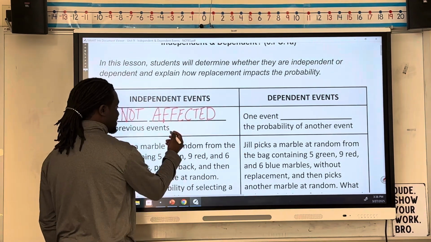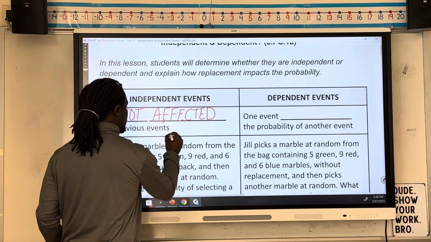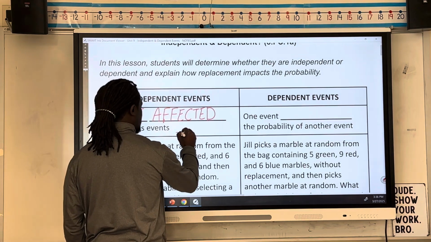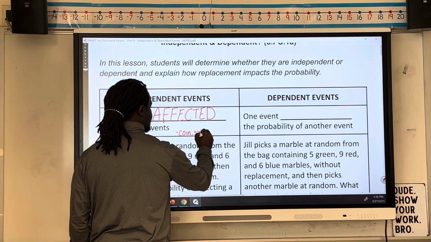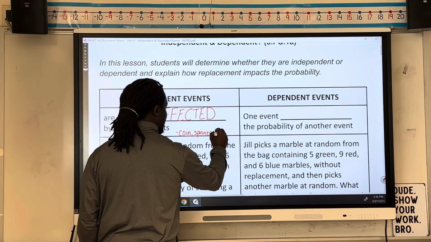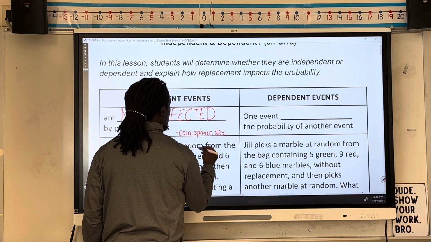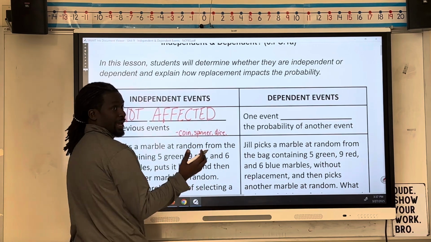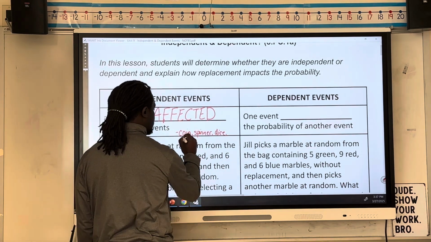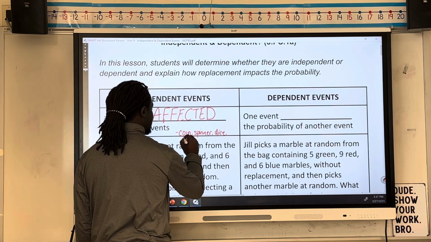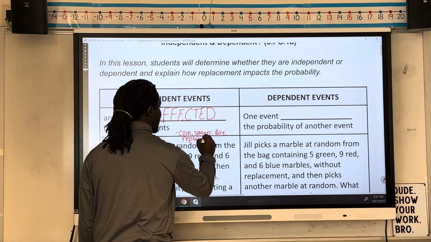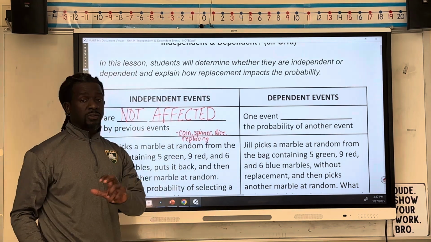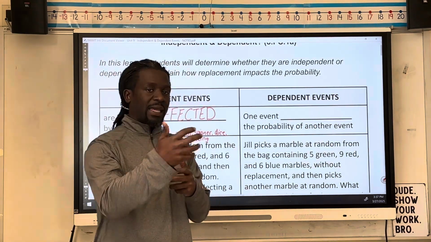And so some examples that we can just kind of write here in this little space is when we have like a coin or a spinner, or if we have a dice, right? Or maybe we have a bag of some items and we are replacing it. All right, whenever we are doing these things, then the first outcome is not going to affect the second one,